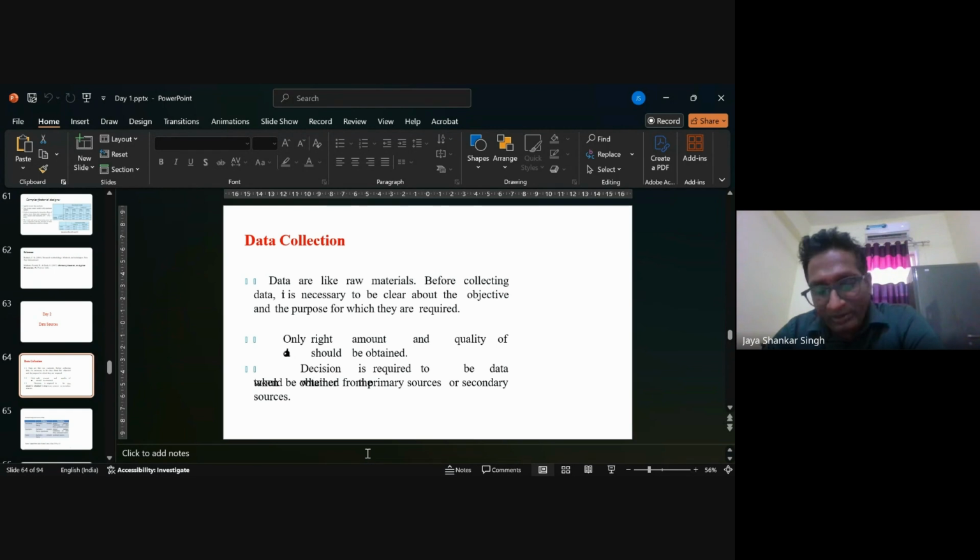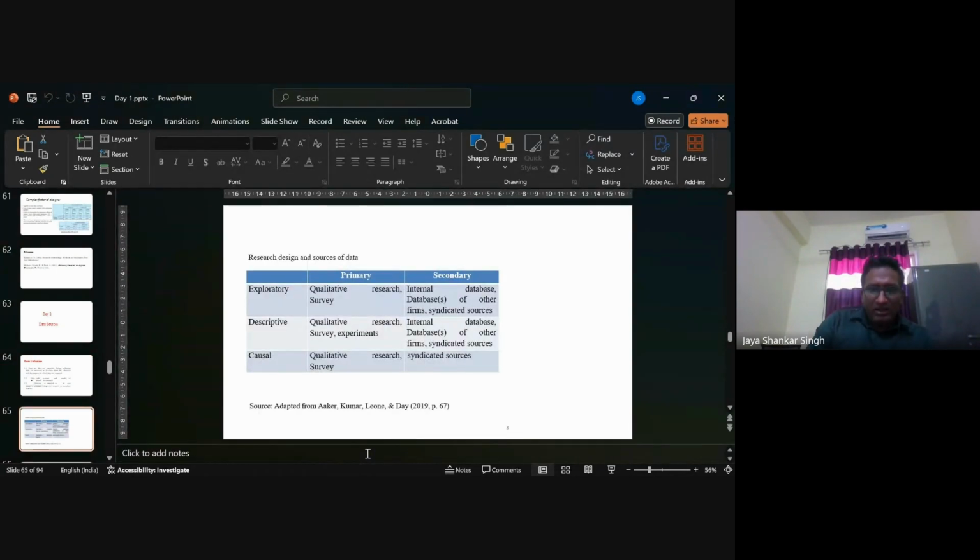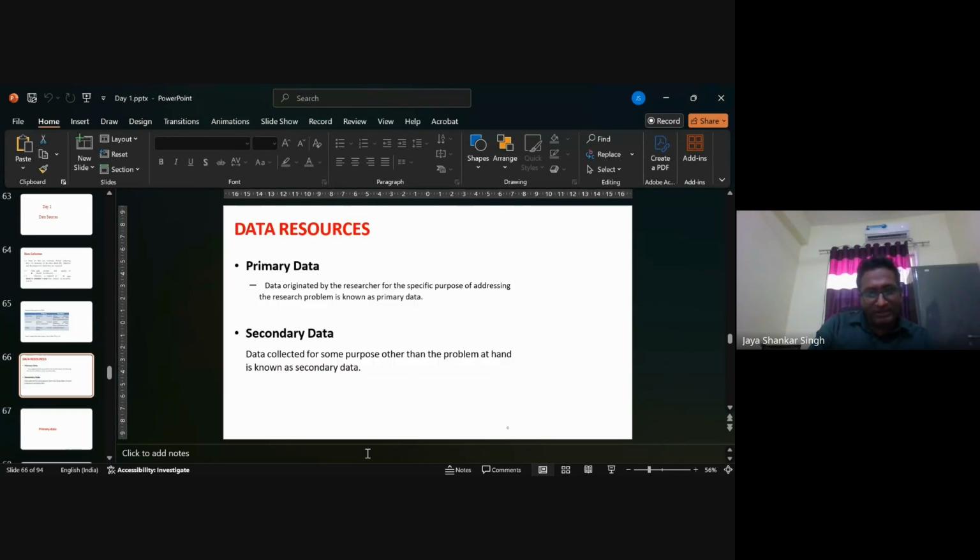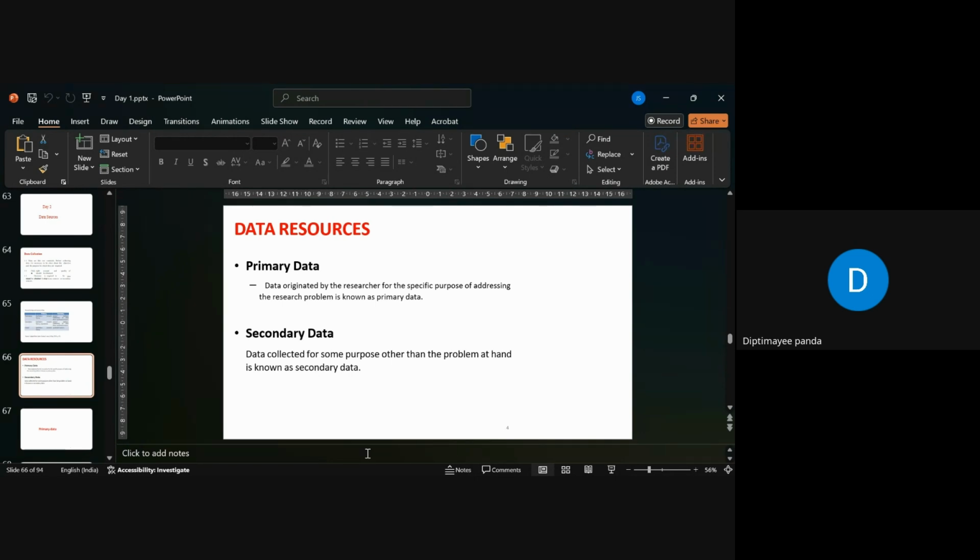So it's very important that whenever you're collecting data, you should have enough data with you to make informed decisions. Okay. Data is generally of two types, primary and secondary data. Anyone have any idea? What are primary and secondary data? Primary data is collected from the first source by way of interviews, personal interviews, or a questionnaire. But secondary data is collected from articles, journals, magazines, websites, etc.